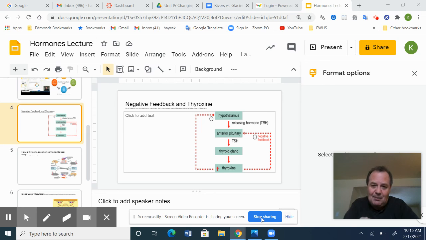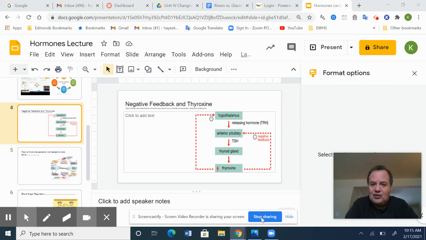But what's interesting is that master gland has a master of its own, and it's the hypothalamus. The hypothalamus releases hormones that affect the releasing of the pituitary hormone. So in the case of thyroxine, there's a thyrotropin releasing hormone, TRH, that the hypothalamus makes. It targets the anterior pituitary to release its thyroxine stimulating hormone, which goes in the bloodstream to the